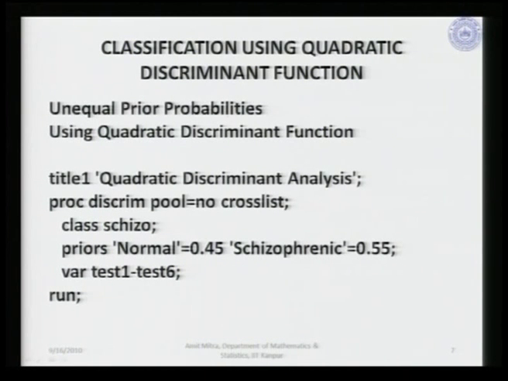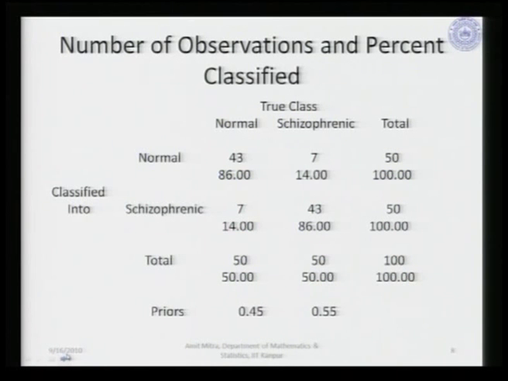Next, we look at the same data set only and use a quadratic discriminant function with unequal prior probabilities. So, this is what we are now looking at with unequal prior probabilities, and we are looking at a quadratic discriminant function. We take the two priors as 0.45 and 0.55. So, these are the two prior probabilities, and with the quadratic discriminant function we have the following confusion matrix along with the percent classified. This is once again the true class membership, which are two types, normal and schizophrenic,